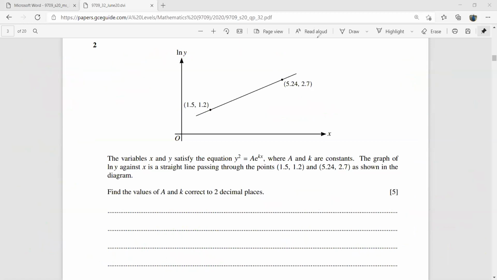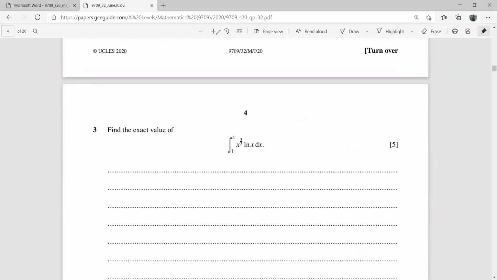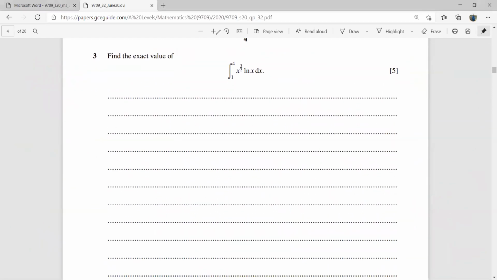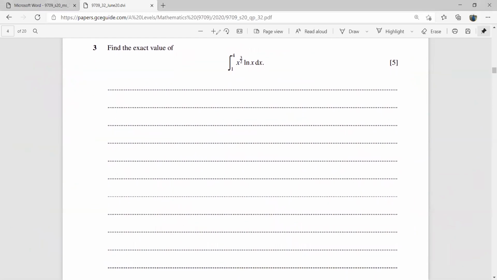So I move on to question number 3. Here is the third question. It's going to test our skills on integration by parts. You see there's clearly a product. Now this is something alarming over here. This is really dangerous because